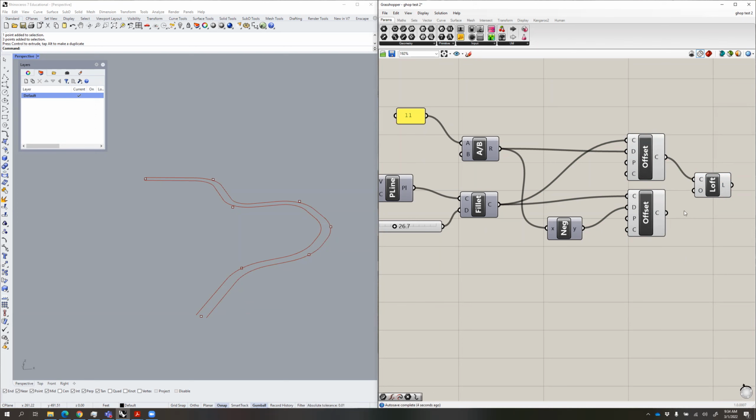It doesn't allow you to put two in at once. You have to hold shift on your keyboard. And you see now it allows you to add an additional wire into the C. So if you want to add multiple inputs into one component, you need to hold the shift button on your keyboard to do that. And now you've